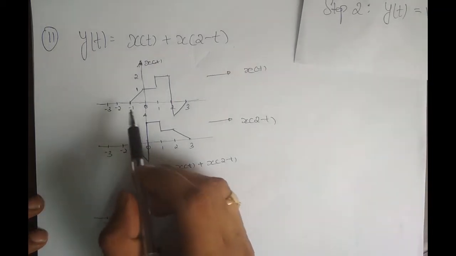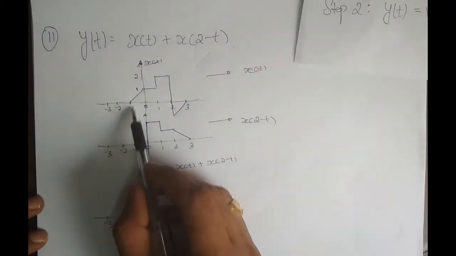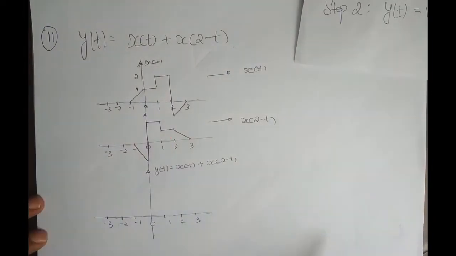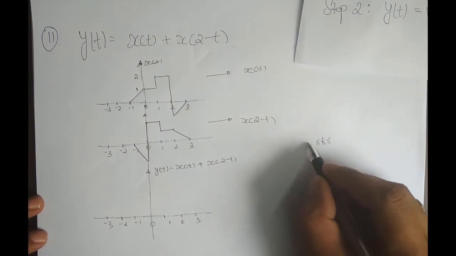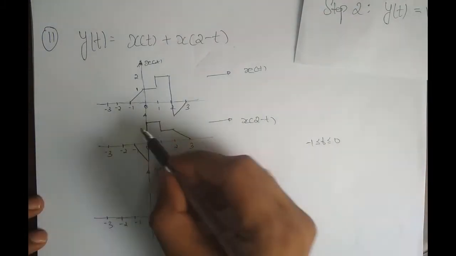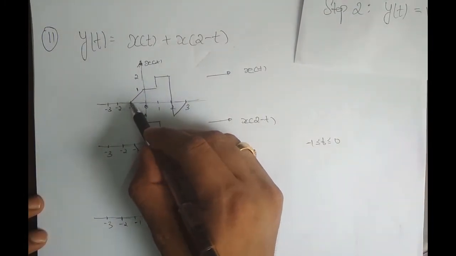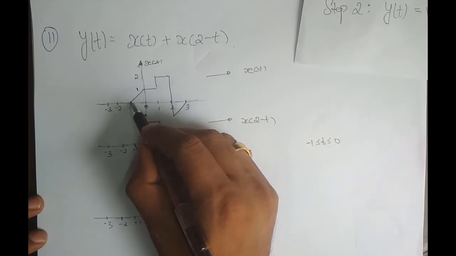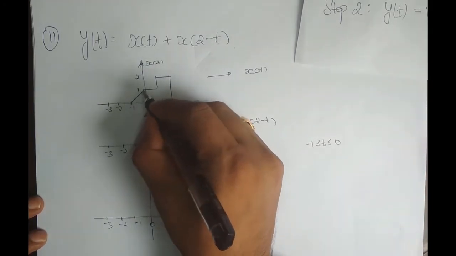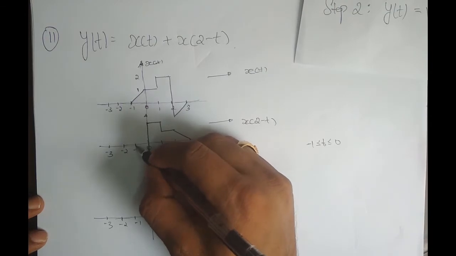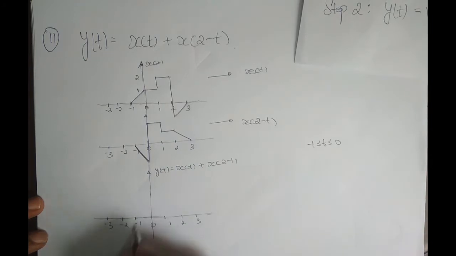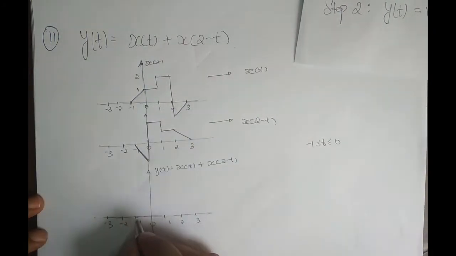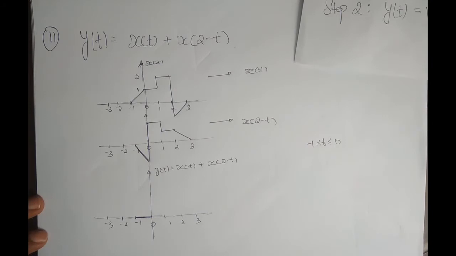Now concentrate, our signal basically starts from minus 1, right? Before minus 1 nothing is there, so it's completely 0. So we'll concentrate from minus 1. So for t varying from minus 1 to 0, what's happening? The first signal is a slope with the value 1, which is rising, right? Here the slope is falling. So the slope is rising in the positive direction and falling in the negative direction. So these two slopes cancel out. I end up with 0, right? But we will check it.